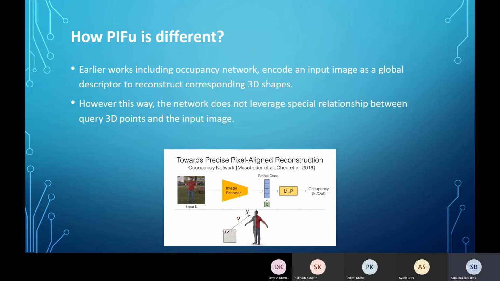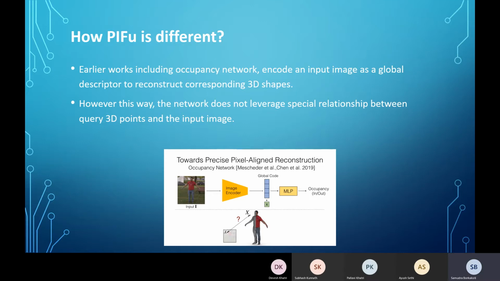Now, how is PIFu different from the earlier methods? Earlier works, which included an occupancy network, encode the input image as a global descriptor to reconstruct the corresponding 3D shapes. So the whole image is encoded and used as a global code, which is basically the occupancy network.